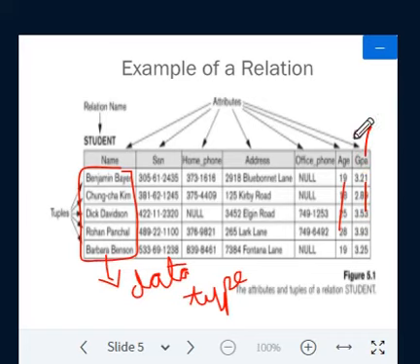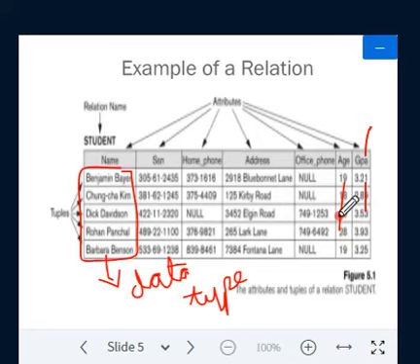Then age also has a domain, which is represented by a data type and the format. So age we say should be an integer, and the format is that the student age should be between 18 and 25.